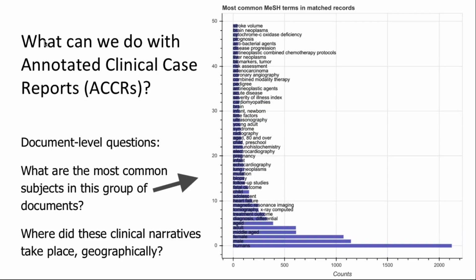data types. These could be questions like, what are the most common subjects in a particular group of documents? Or where do these particular clinical narratives take place geographically? If we're given a set, those 1.8 million of them, how many occurred in North America? And then we can correlate those with other details like, okay, out of those that occurred in North America, how many of those were related to rare diseases? How many of those were male versus female? What kind of age groups are we talking about here? So these are those highest level concepts, but they're still very interesting once we start looking at this big data